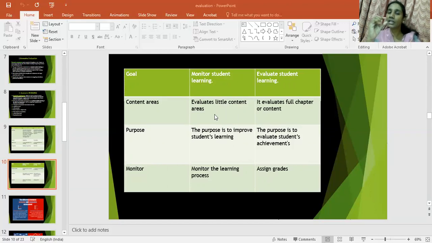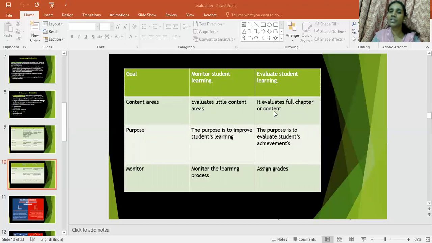So that is the little content we have covered, and on that little content only I am going to conduct the test. Whatever result I get with the help of that test is nothing but formative evaluation. I am conducting a test on a very small content area, only on the sub points. That is the little content area.